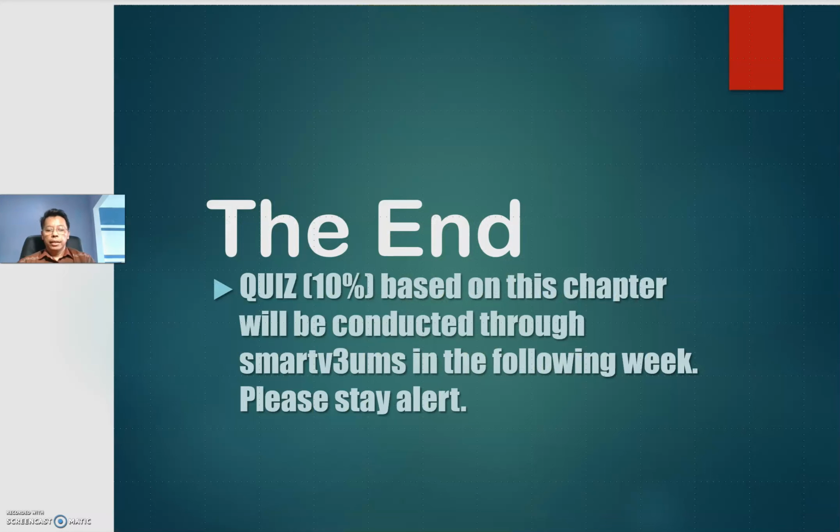So basically, for topic number 6, effective written communication, this is the end of the overall slides. And you are going to have a quiz for this chapter alone, this topic alone. The grade is 10% for the quiz, 10% of your overall grade. So I'm going to have this quiz